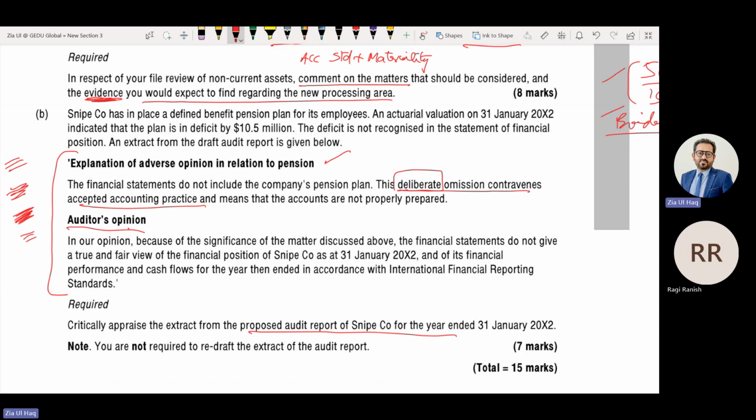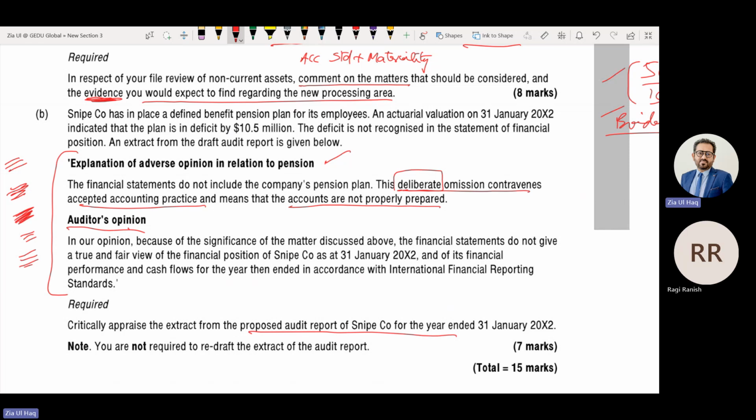And then 'contravenes accepted accounting practices' means that the accounts are not properly prepared, but the accounting standard is not followed. So you must say there is non-compliance with IAS 19 Employee Benefits. Even the amount of misstatement, $10.5 million, you must mention in the basis for opinion, and that is not there.